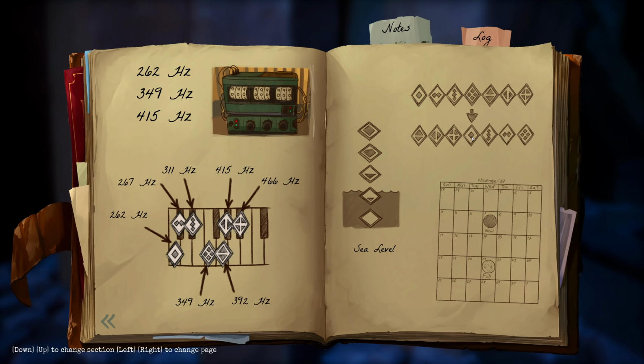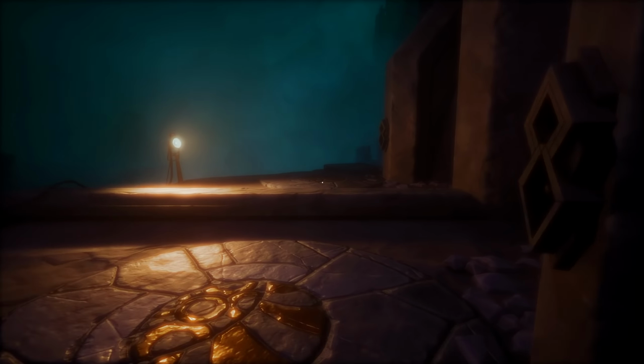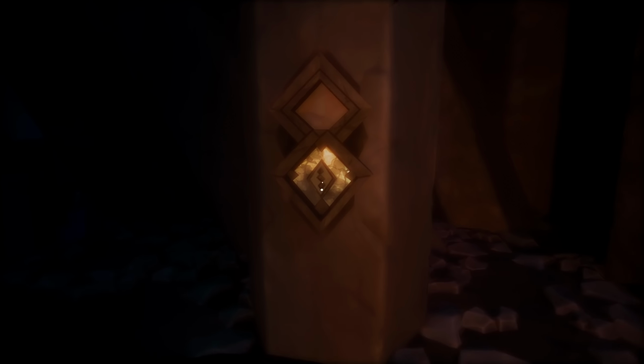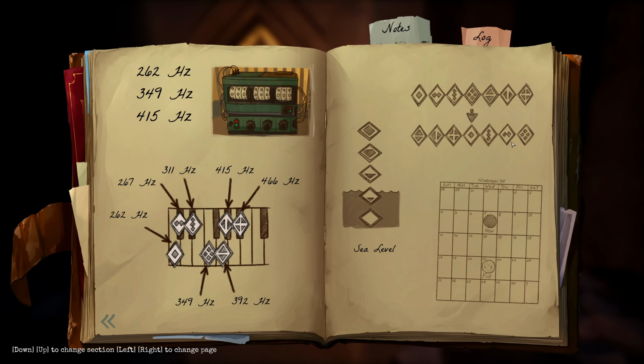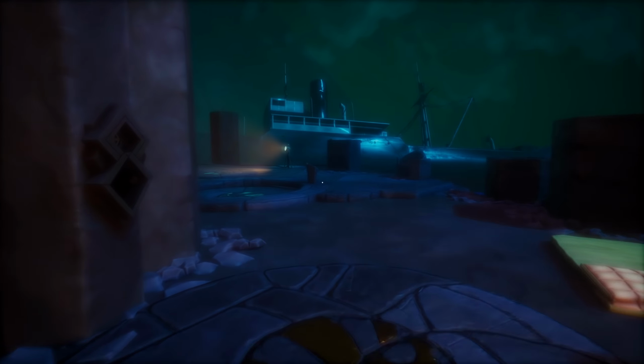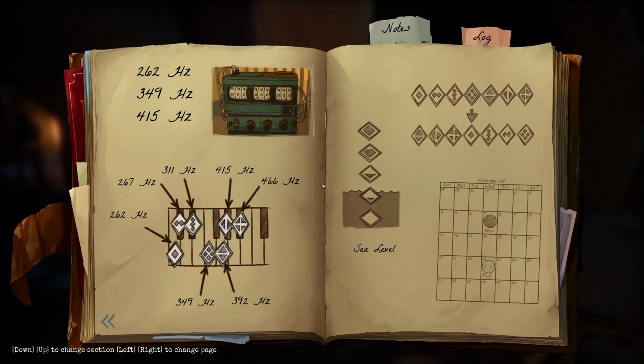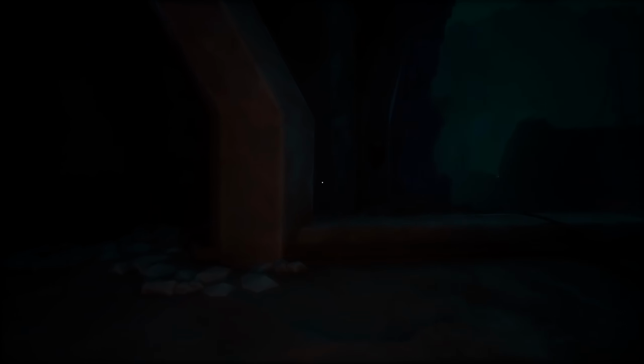And the next one we want is... I believe it's this one. Now we need 3 dots. I believe it's over here. It's 2, I think. No, it's 3. Now we need 2 and then triangles. So 2 should be down here. Squares are on the other side. 4 squares. Oh no, I already did that one. This one? What is this one? Yep. Last one should be...